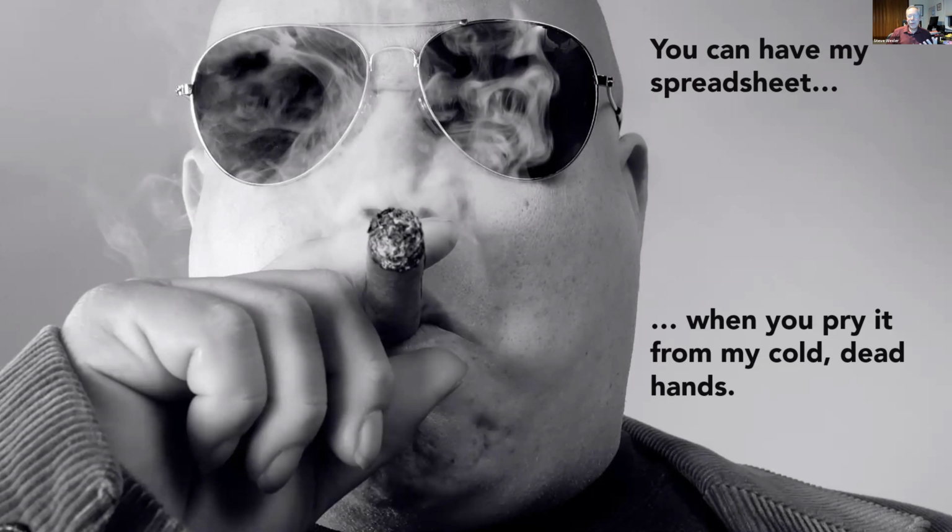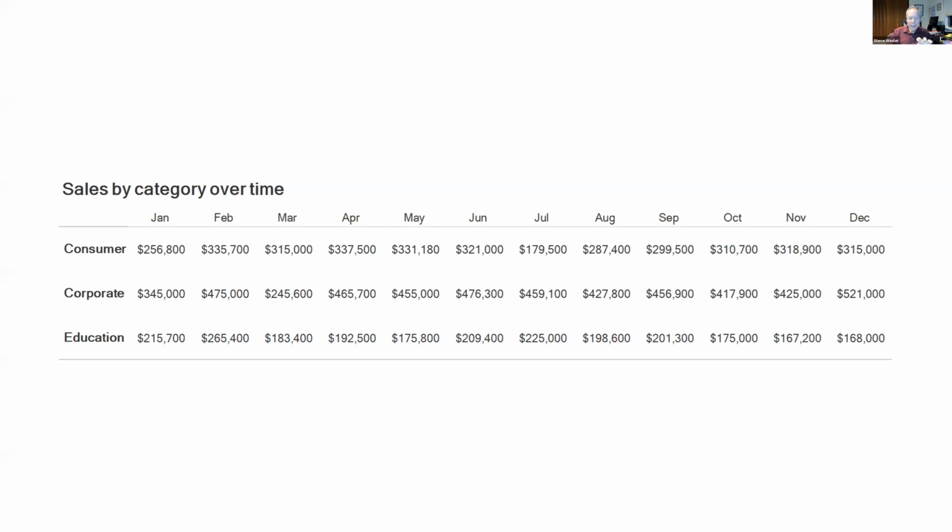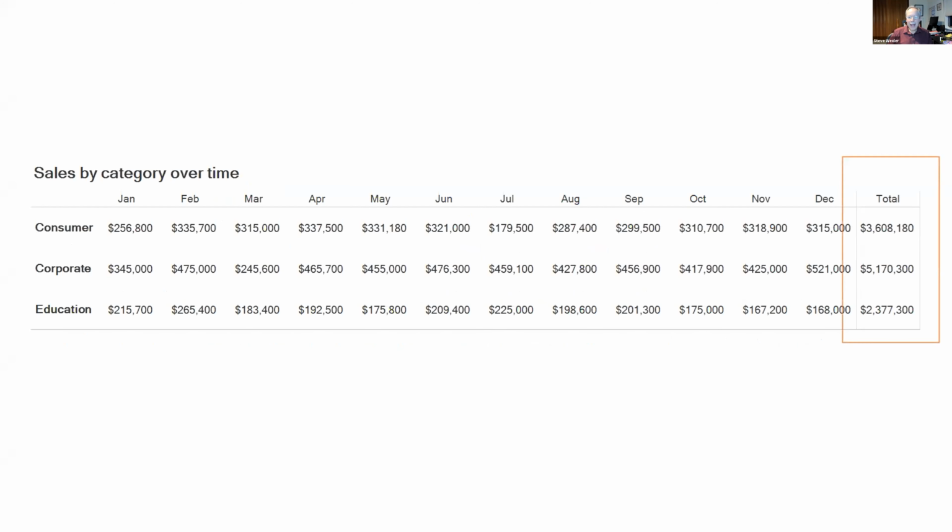Well, what can we do to get them to realize, just looking at numbers, you're missing stuff. Now, let's say I were to show you sales over a 12-month period, consumer, corporate, and education. Overall, which of these 3 areas has the highest sales and which has the lowest sales? And they'd say, well, that's easy. You can just put a total at the end of it, and I can see that. Corporate is higher than consumer, is higher than education. What's the big deal? Okay, granted, put a total at the end of the spreadsheet.